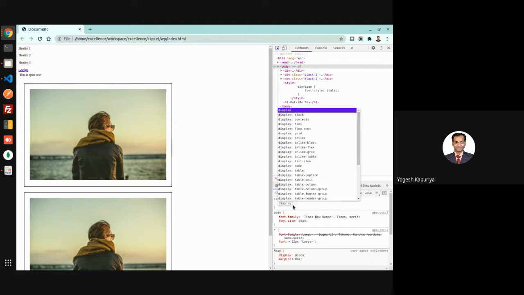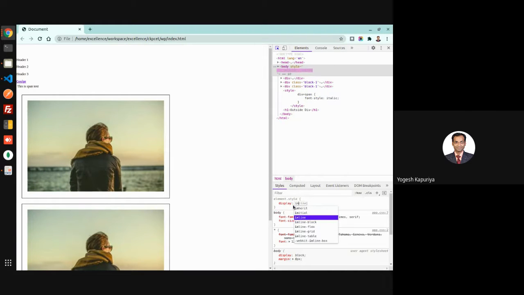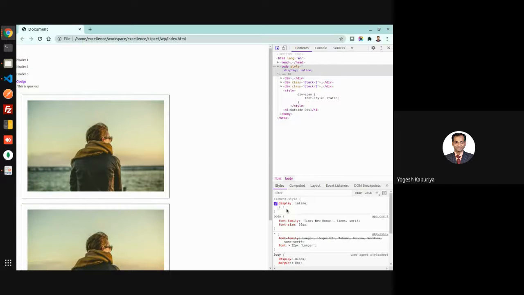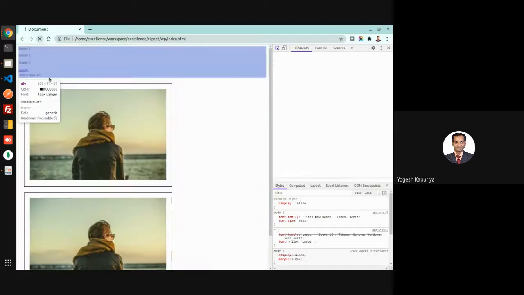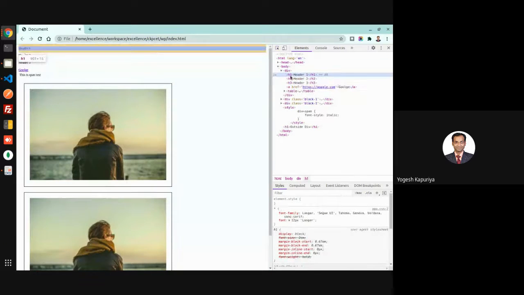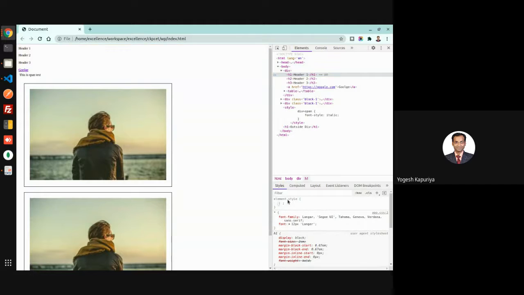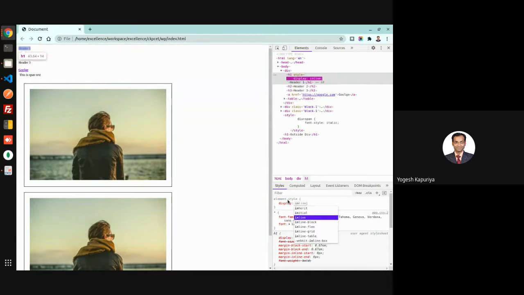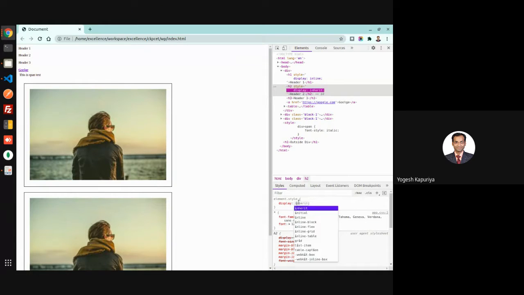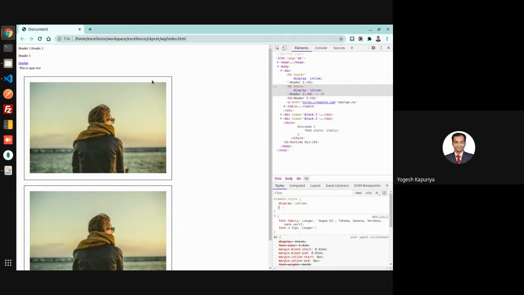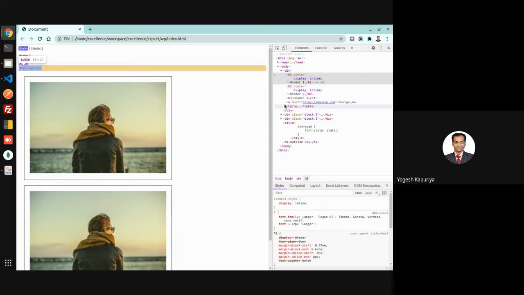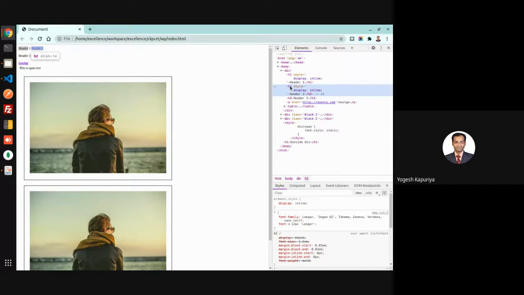Now if I change this display type over here, you can see this H1 occupies only the content which it contains. So this is why this display property is important.